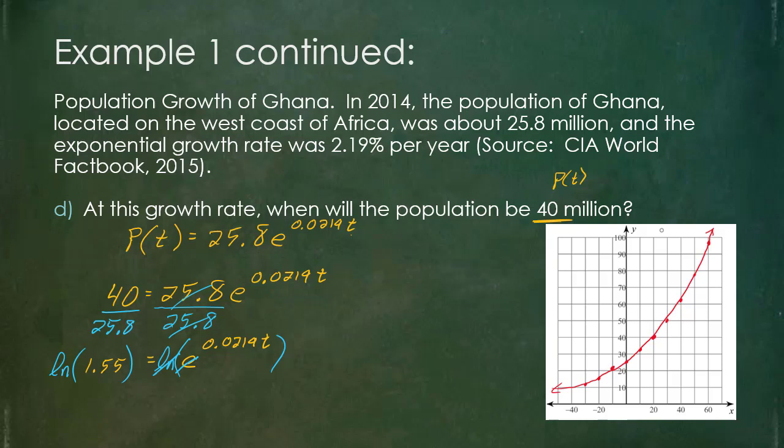Well, if I'm trying to get t by itself, I'll just divide by that number. So I'm going to combine those two ideas into one step, because I already had the left side as it was going to simplify to anyway. So I've got the natural log of 1.55 that's going to need to divide by the 0.0219. If I solve for what that t equals, the natural log of 1.55 divided by 0.0219 comes out just a little bit more than 20, so I'm going to say that's 20